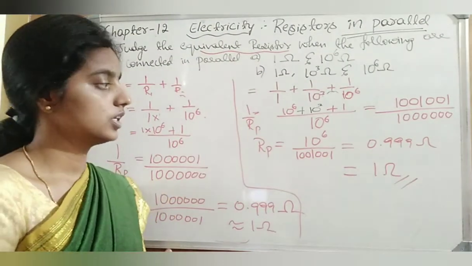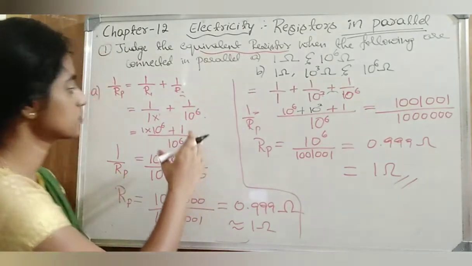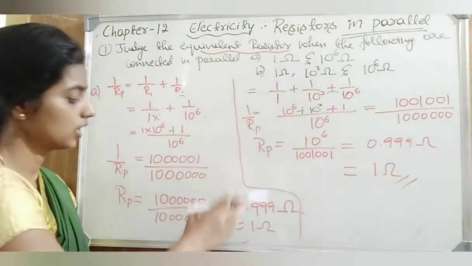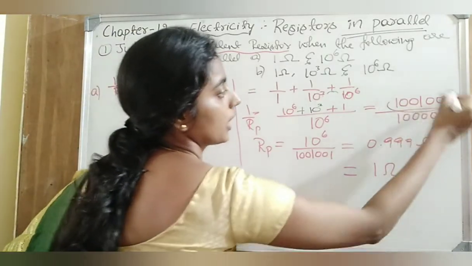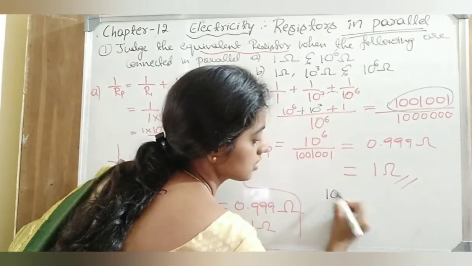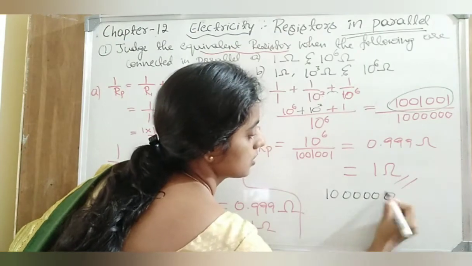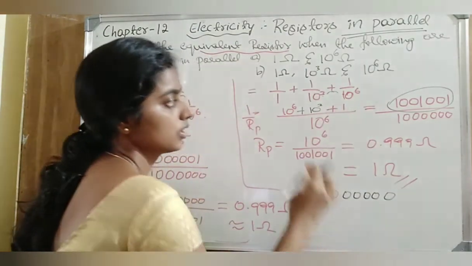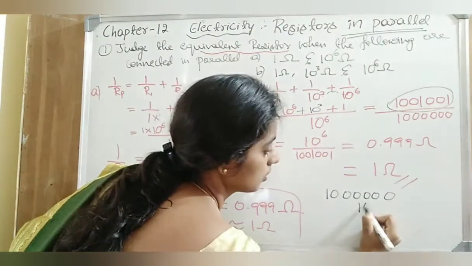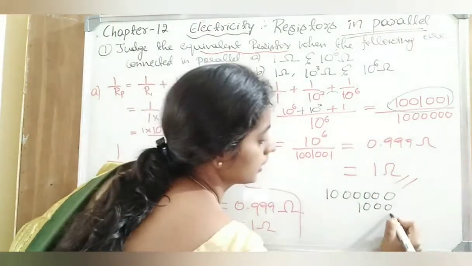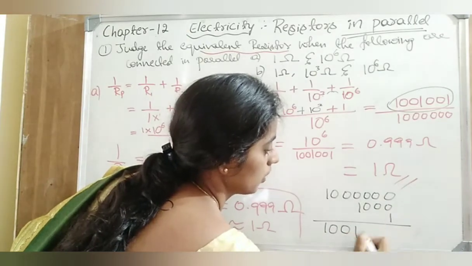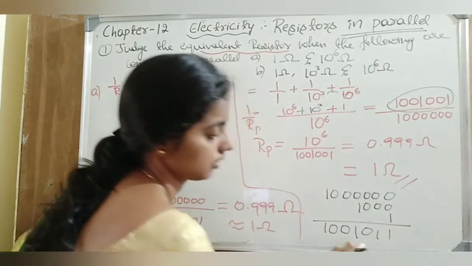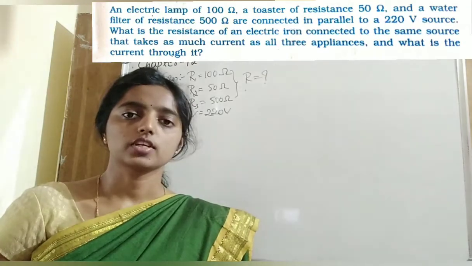Problems are very easy, don't confuse. Just you need to substitute and calculate a proper LCM, and you need to calculate properly. So I think you understood how we got this number, right? 10 to the power 6 means we have 6 zeros, and 10 to the power 3 means 1000. So 1000 here and 1 here. Now add 1 0 0 1 0 0 1. This is our value. Next question is,